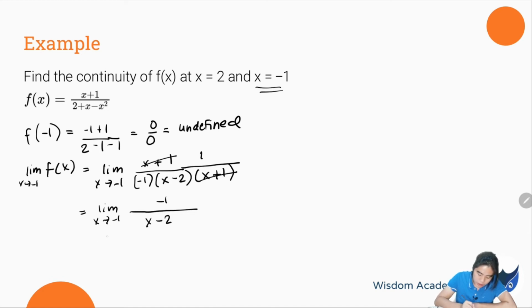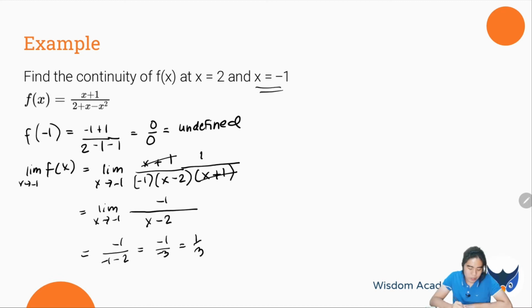So, using direct substitution, makukuha natin na 1 over negative 1 minus 2 is equals to 1 over negative 3, is equals to negative 1/3. Since the limit exists, but f of negative 1 is undefined, we can say na f of x has a